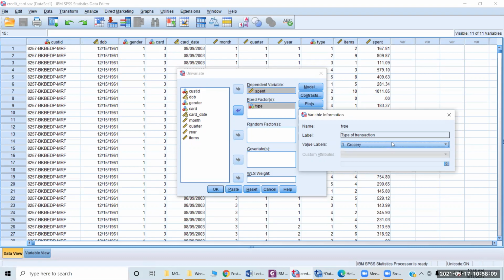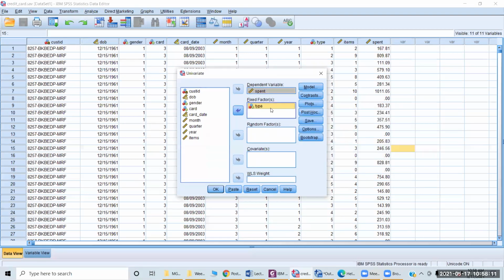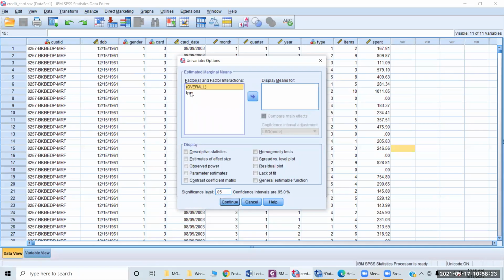This is the categorical variable, because in one-way ANOVA, the fixed factor should be a categorical or nominal variable. The first thing is options, and in options, yes, the same descriptives, effect size, and